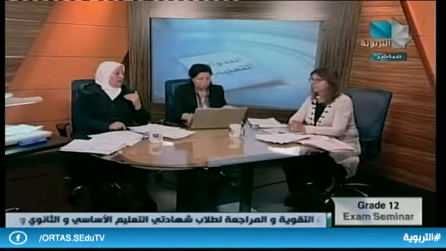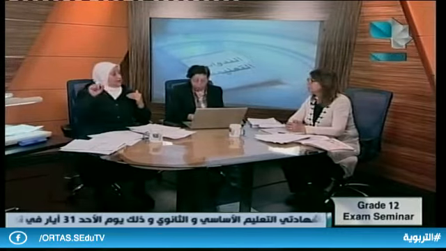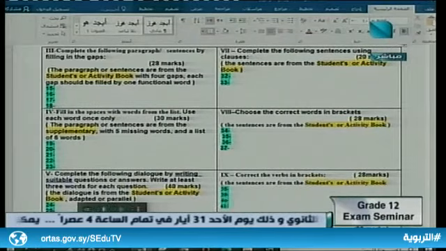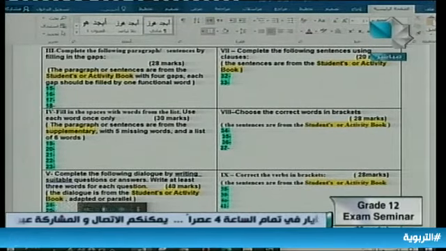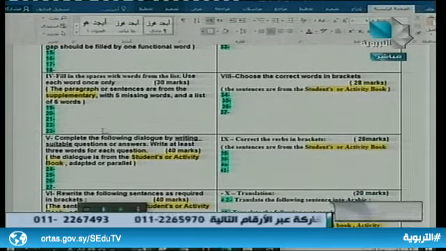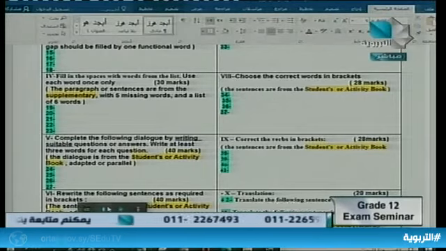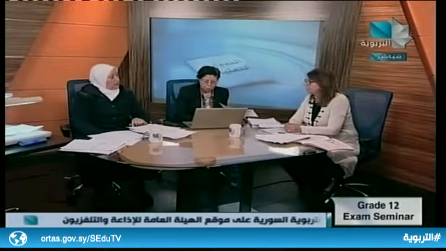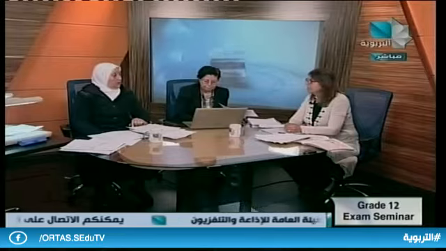Some students write numbers above the words, and I don't know why. Maybe they think it will take a long time. So they put the numbers, and they get zero. Please, our students, be careful not to write the numbers of the words. You are asked to write only the word itself. You have to write the answer, and the answer is one word only. Most of the time this question is from the supplementary book.